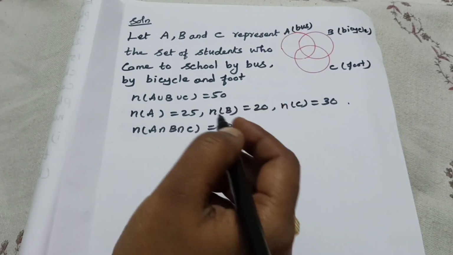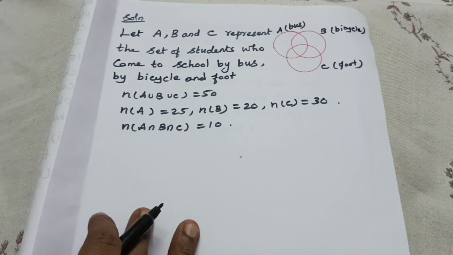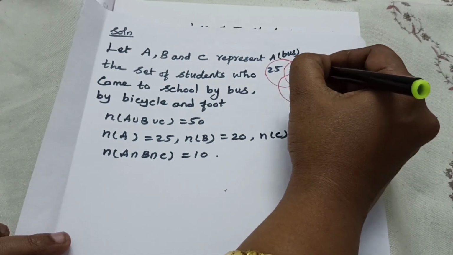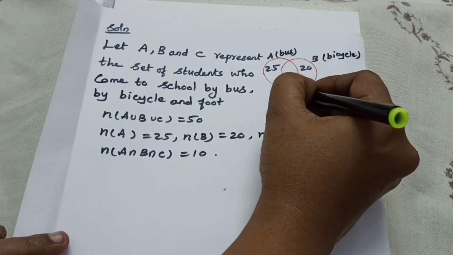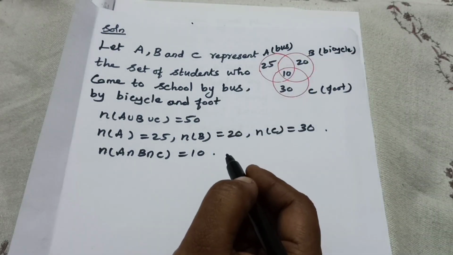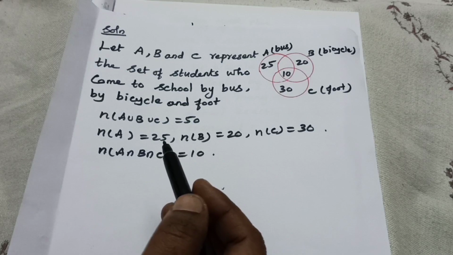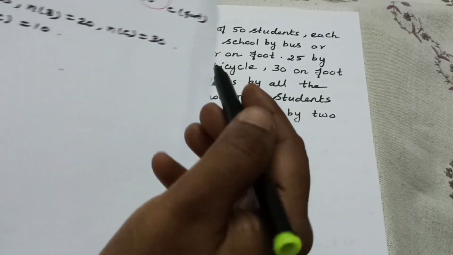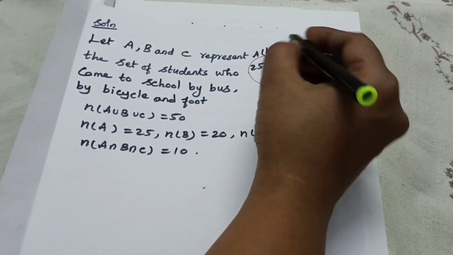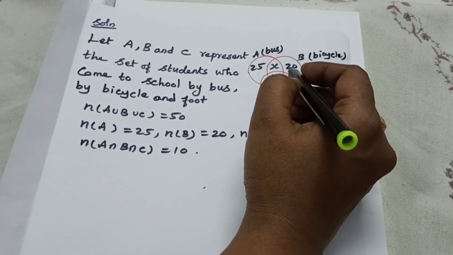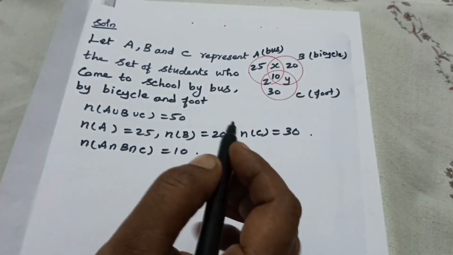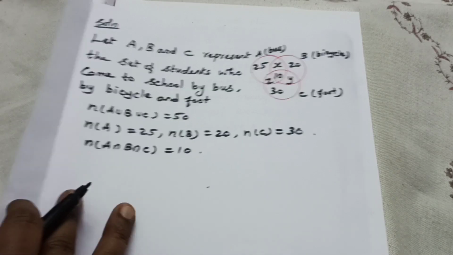Okay, with the help of the formula method we can do it. Here, everything that is given, you should mark. Here A is 25, B is 20, then C is 30. In the intersection middle, 10 will come. Our question is exactly 2 modes of transport only. Then for bus and bicycle, which we don't know, you should take X. This one Y, this one Z. I want to find out X plus Y plus Z only as the answer.